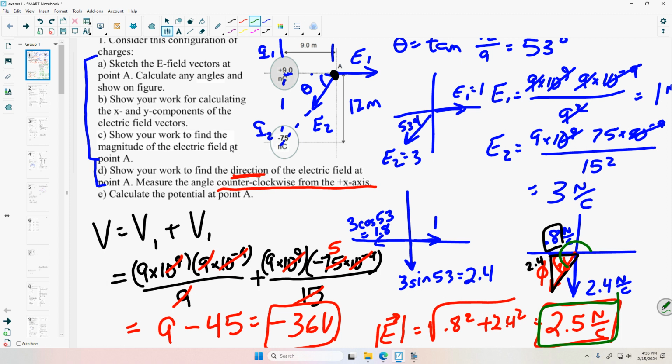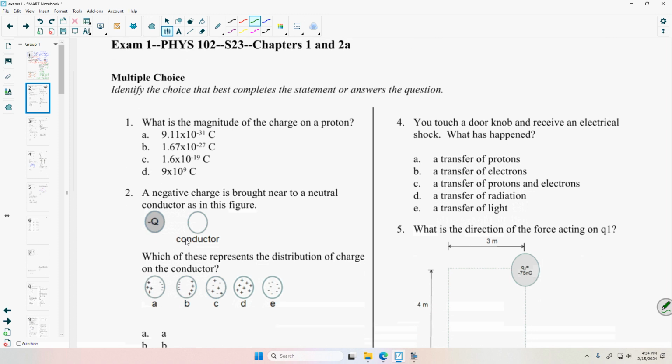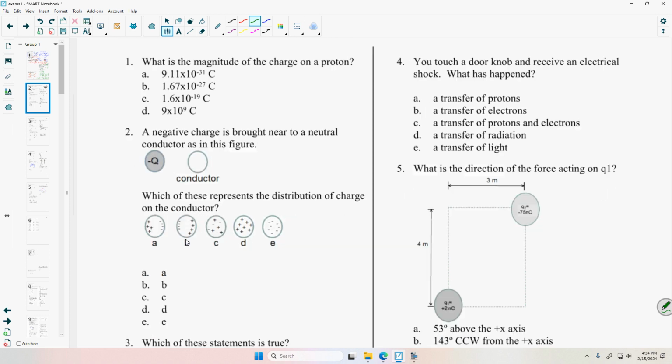I will give partial credit, and I'll try to be gentle with it, a little gentler than I usually am. All right, let's look at some of the free response, the multiple choice. So it's going to look a lot like this exam as far as the distribution of questions, that there will be 3 or 4 that are just about